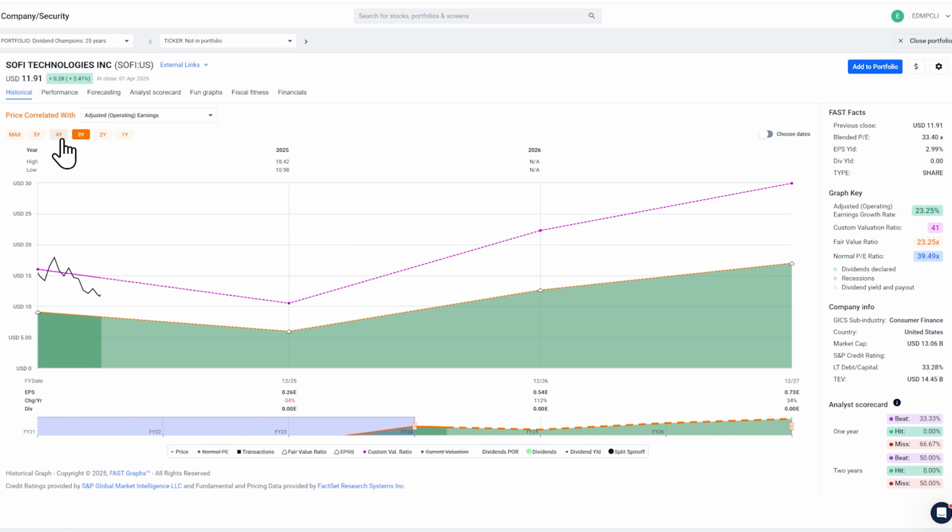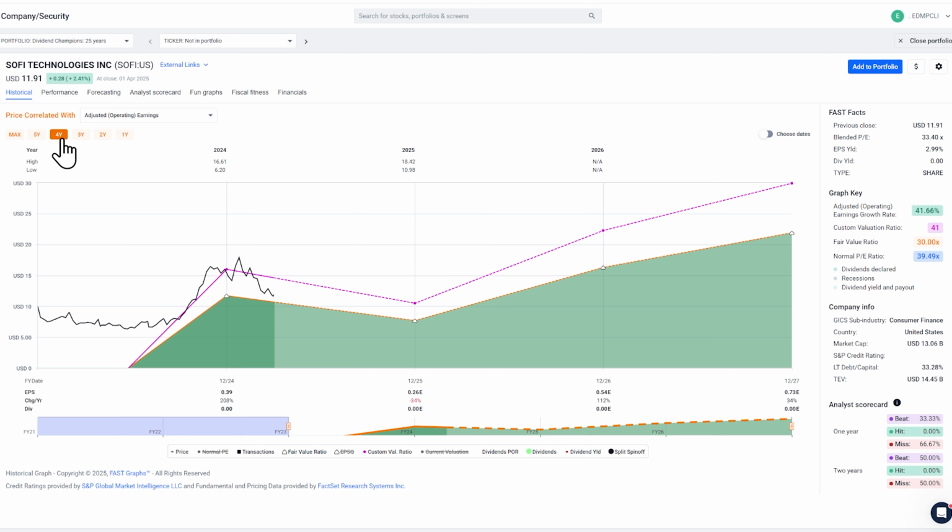Okay, now if I go back to a 4-year graph, I've now got a 41% growth rate, and I've drawn that. If I'm using P equals growth rate, which is Peter Lynch's, this is what it would look like. But here's the problem. We're expecting a down year of earnings this year. So you can see the stock prices reacting to that. Then we're expecting this huge increase the following year and after that.